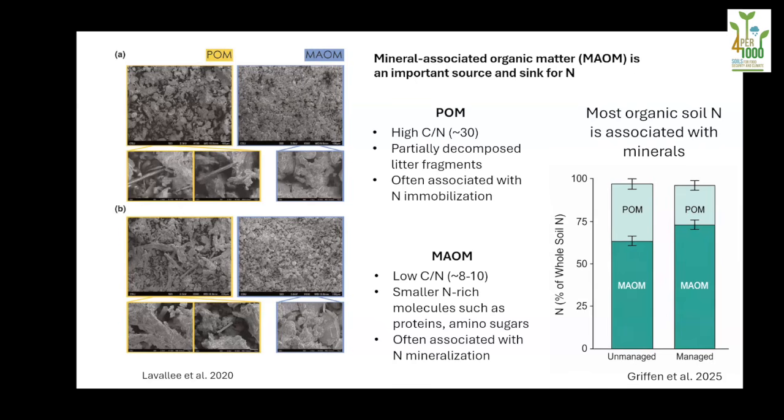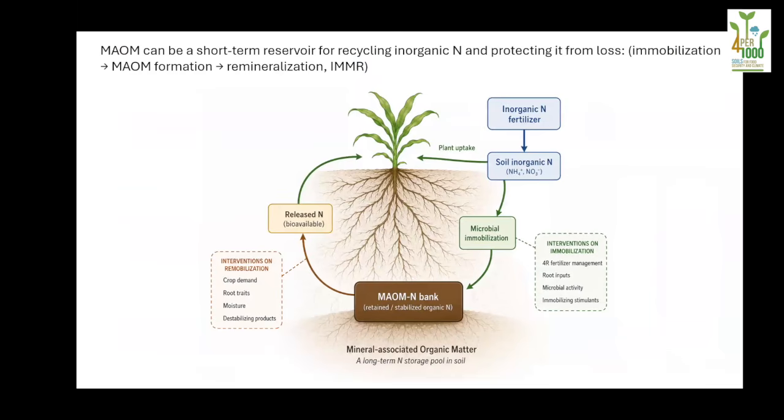And so we've been focusing a lot on what role this MAM pool can play in buffering fertilizer inputs and acting as a short-term reserve or bank account where we can be storing inorganic N for recycling and future use. So thinking about the recycling and uptake later in that season, but also across seasons. And so again, just to better explain this mechanism, MAM can be a short-term reservoir for recycling inorganic N and protecting it from loss. We think about this as nitrogen immobilization by